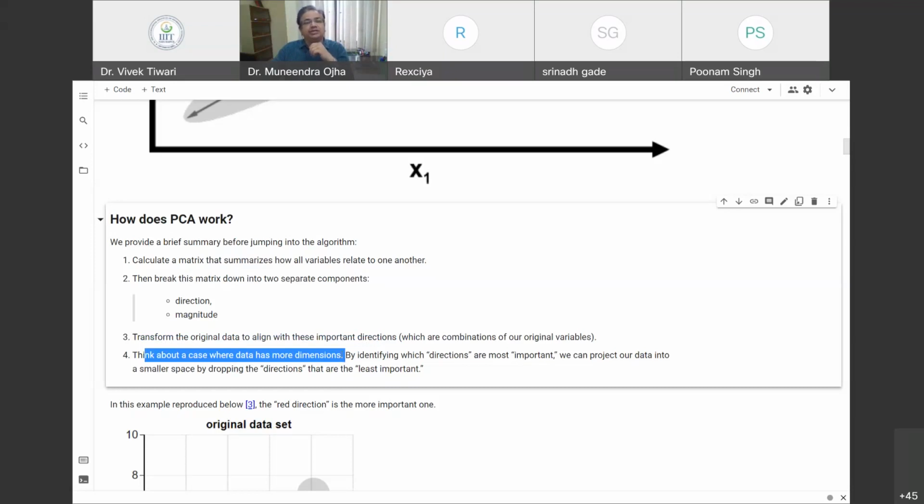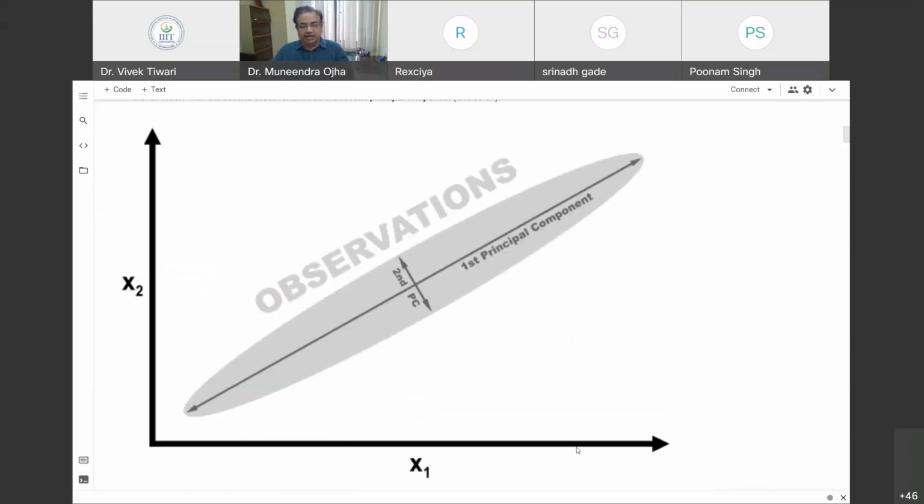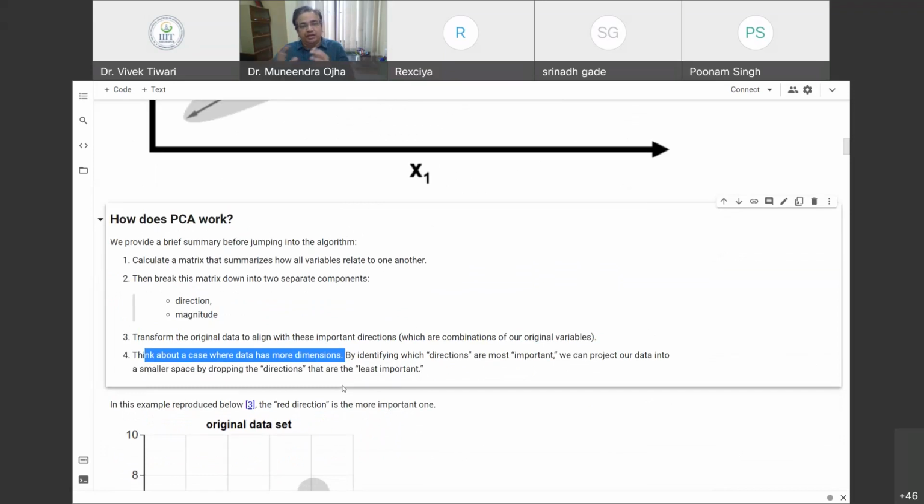When we drop those directions, it means we are dropping those dimensions. With the direction, you can easily understand that in this axis, x1 and x2 are two directions. Their direction or their dimension, they are basically the same thing. So if I drop x2, I am left with one dimension only, and with one dimension I can reduce the